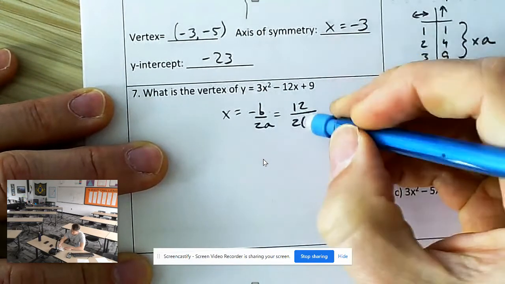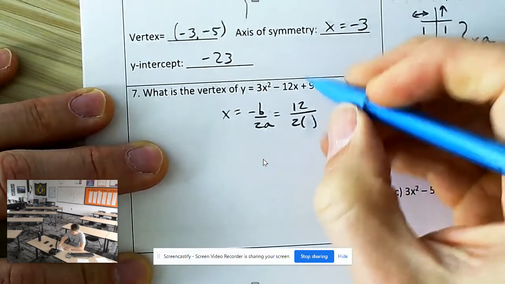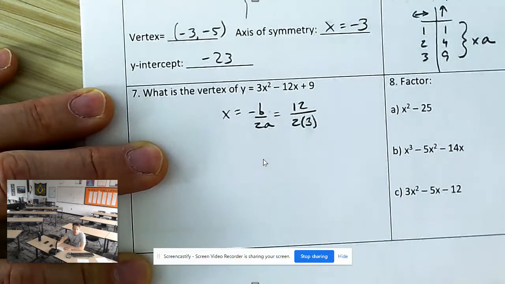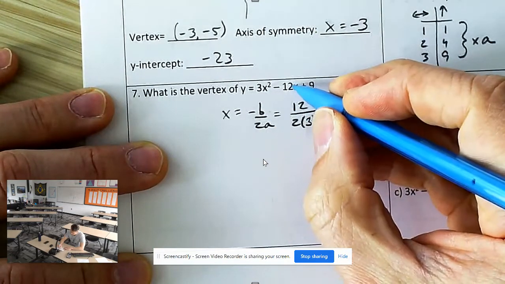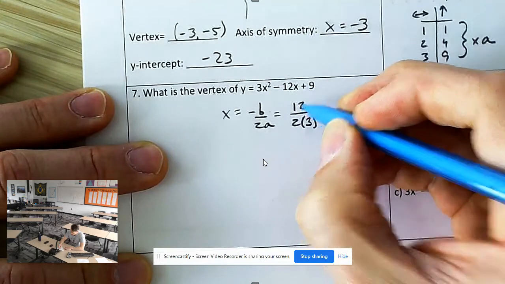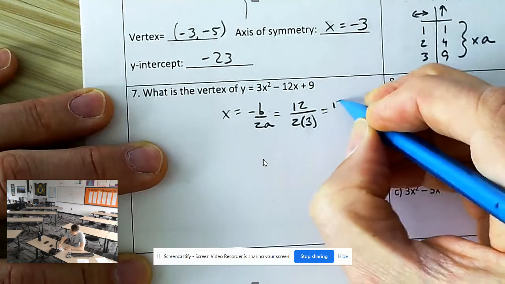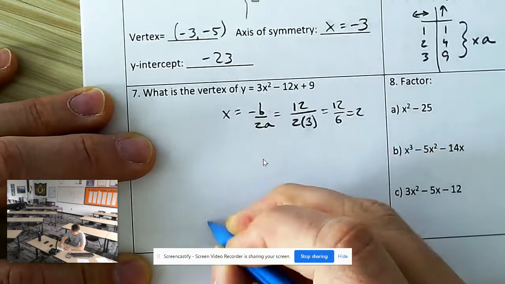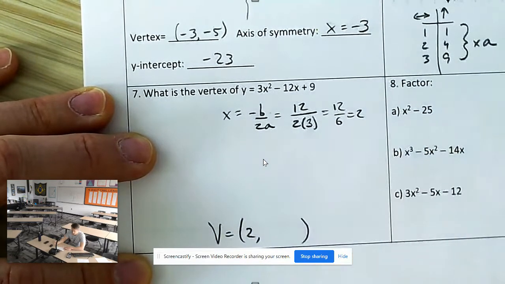For now, you can just think, oh, well, that's a neat coincidence. It's not a coincidence. Okay, let's see. Since b is already negative 12, negative 12 is positive 12. And so this will give me 12 over 6, which is 2. So my vertex is 2, comma,